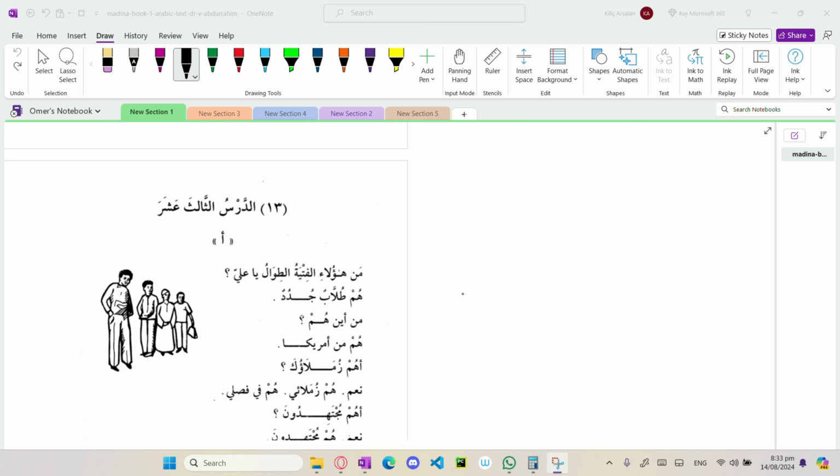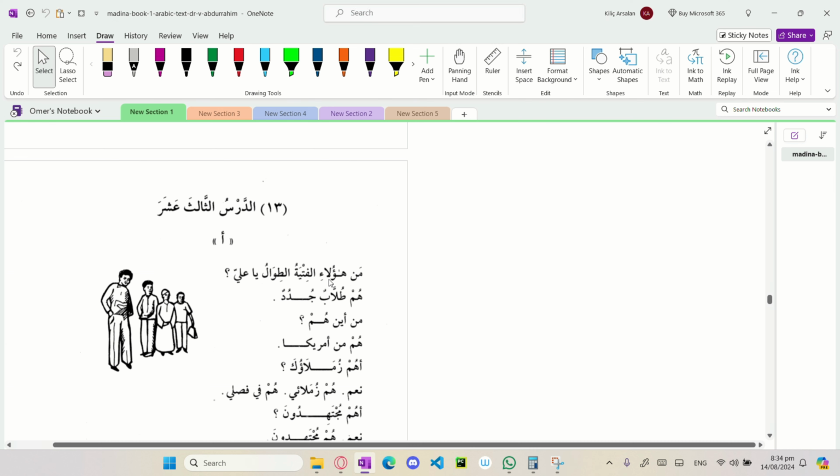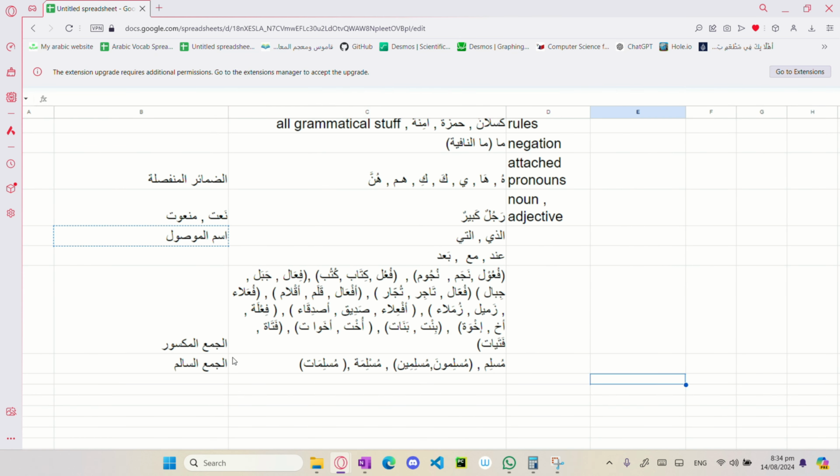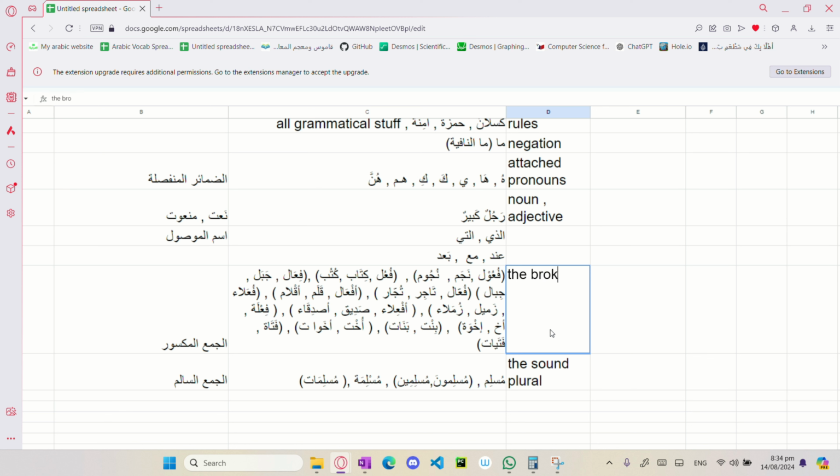Before starting with the conversation, I believe that we could use the notes that I've made separately for understanding a very important concept, and a very different concept from English or even Urdu or many other languages, and that is al-jam' al-salim wal-jam' al-maksur. So al-jam' al-salim, I will open the Google sheet right now. Al-jam' al-salim, or the sound plural. It could be translated as the sound plural, and this is called the broken plural.